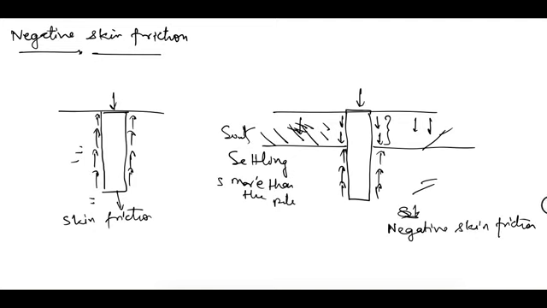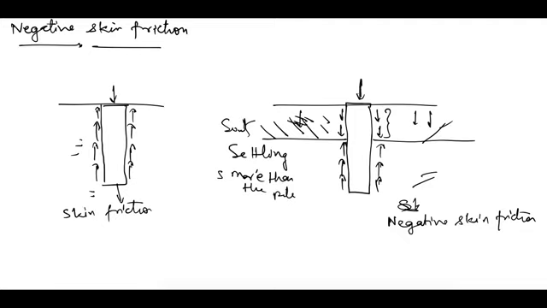And why are we interested in knowing that? Here you can see that it is adding to the load on the pile. So the actual load, if we are applying P from here, is in the downward direction, and now this frictional drag is also in the downward direction. So the actual load capacity, let's say in this case it had been P dash, so this P dash is more than P, because some part of the load capacity is gone due to the negative skin friction. So the effect of negative skin friction is to reduce pile load capacity.